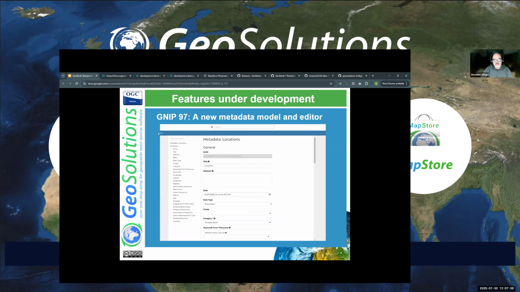The new editor is simplified compared to the current one. Now in the current version we have a metadata editor with a wizard with steps, and an advanced metadata editor that is more similar to this one. We decided to only keep this one and just add this sidebar to have an overview of all the fields,